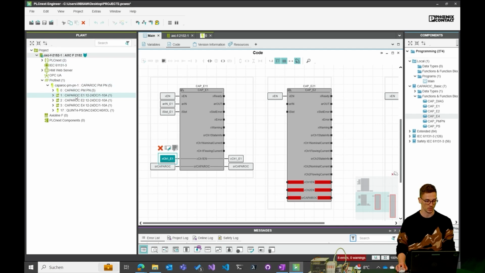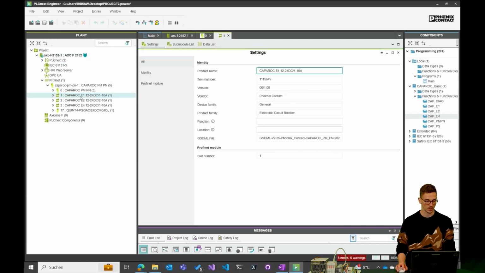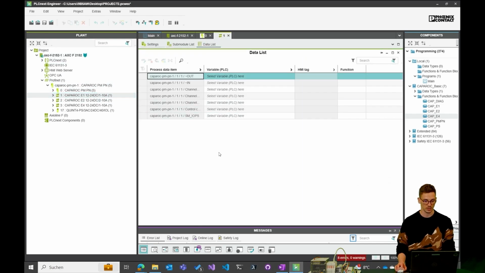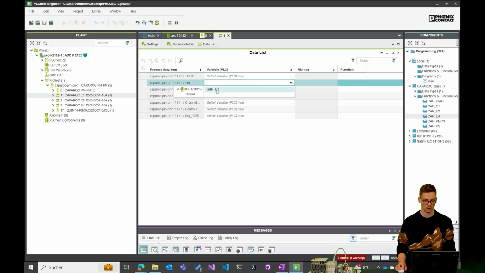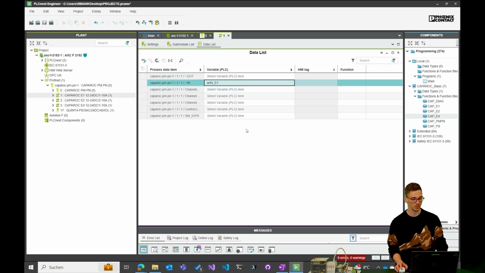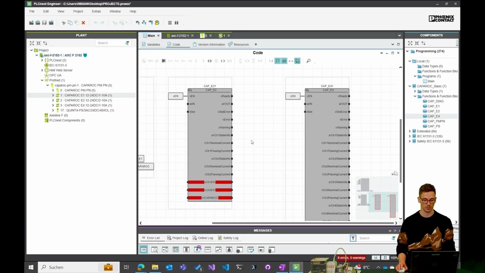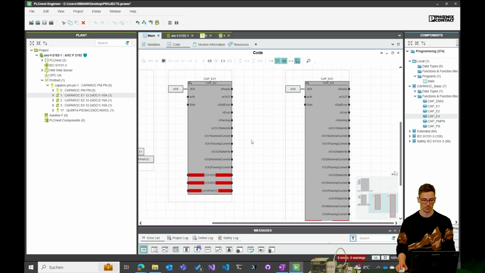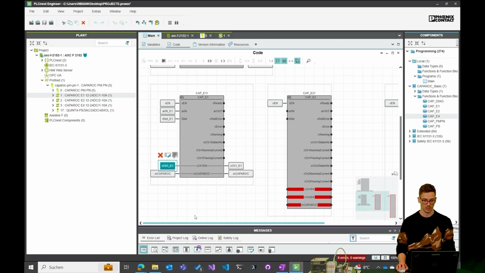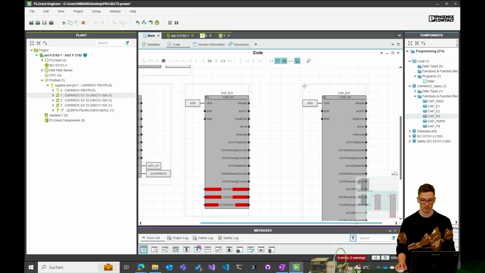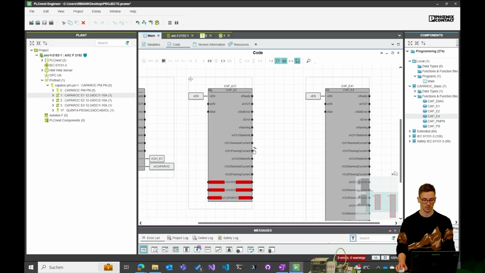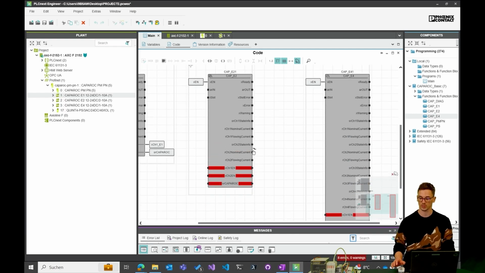So we want to go here in the Caparog E1 data list, and here now in the Caparog process data item, we can choose the AR in E1 input variable, and now we have to do the rest the same with the E2 and the E4 as well, because they are all the same function blocks.